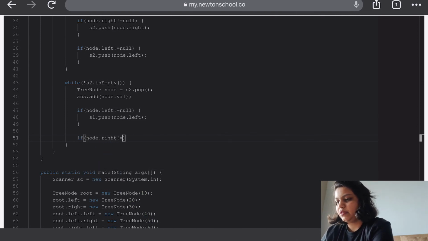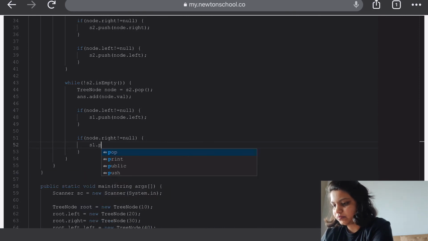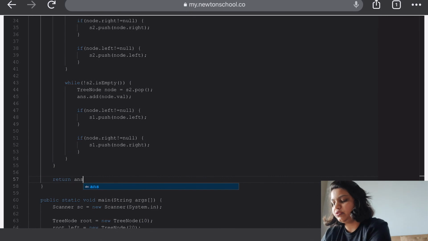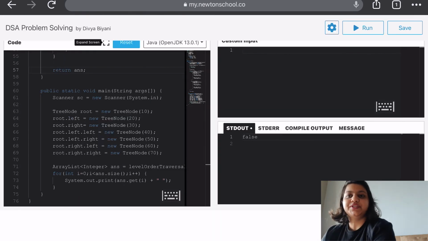Similarly, we check if the right child is not null, and push the right child. At the end of these loops we just return our answer. So this is the code for level order traversal in spiral form.